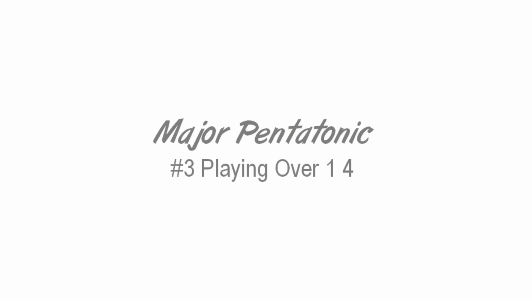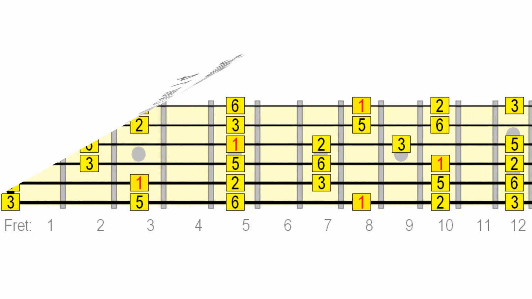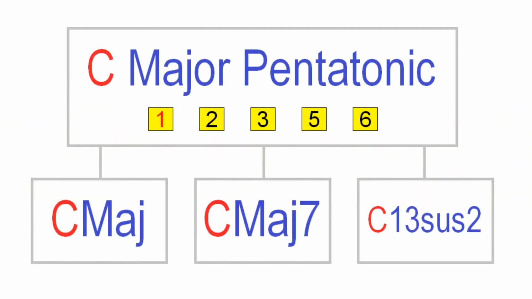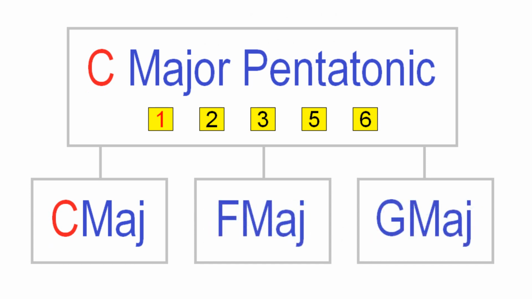In the previous part, we built the roadmap for playing major pentatonic across the entire fretboard. To help with this, we jammed our way through the pattern over a root chord sequence. In other words, the root for each chord was the same as the scale. But most songs involve chord changes on different roots, so we need to be confident in playing melodically through such